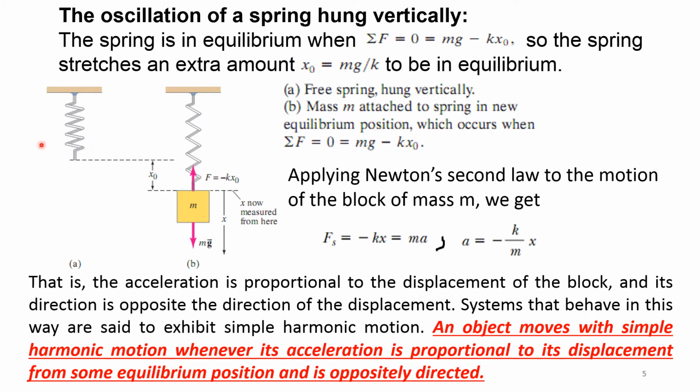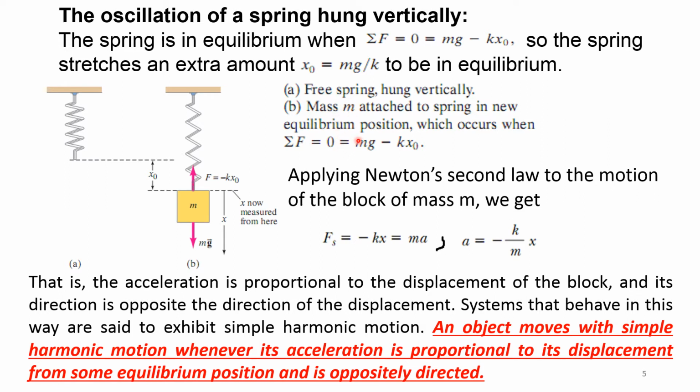Here we have a spring with its natural length. Once you attach an object of mass m to the spring, it will be extended, and the extending force is the weight of the body, the gravitational force mg, and the restoring force is a force oriented upward, F equals minus kx0. x0 is the maximum extended length of the spring. Then here, when the new equilibrium is reached, this spring force is equal to the stretching force, where we deduce that the sum of forces is equal to 0 at